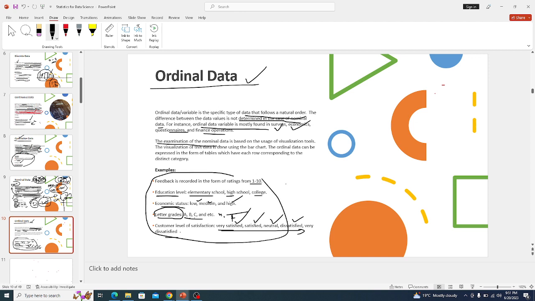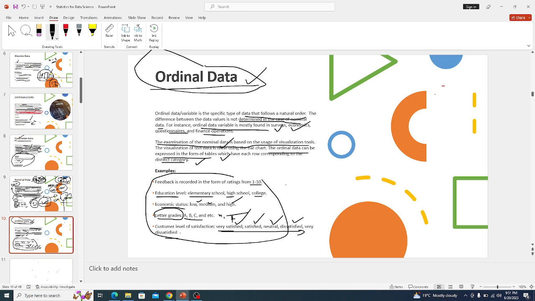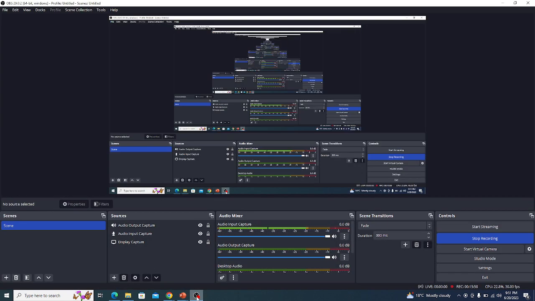So the examination of nominal data is based on the usage of tools, but ordinal data can be expressed in the form of tables, which have each row corresponding to a distinct category. So basically what you need to know about ordinal data is that it follows a natural order. There is order, okay? But under nominal data, we don't have